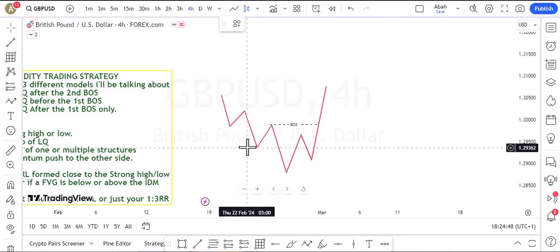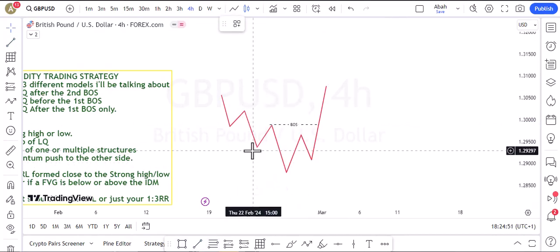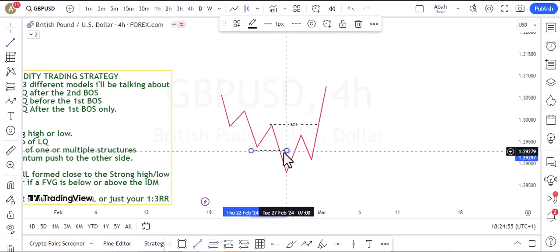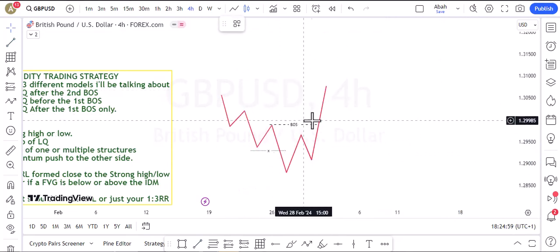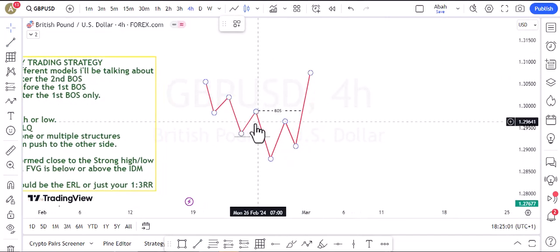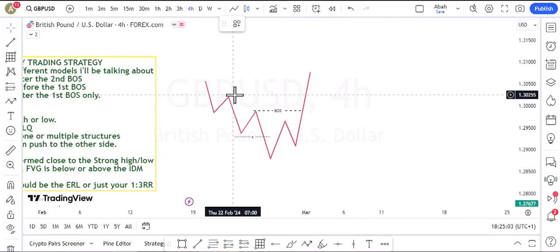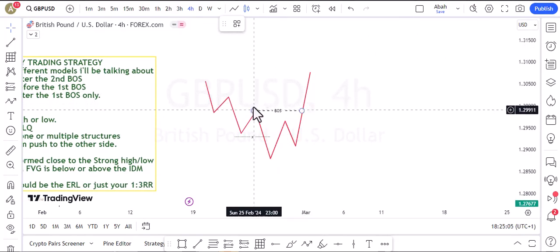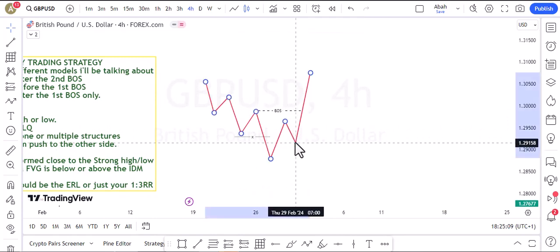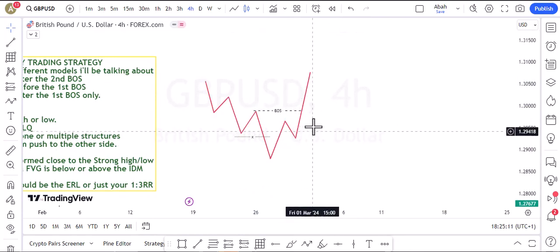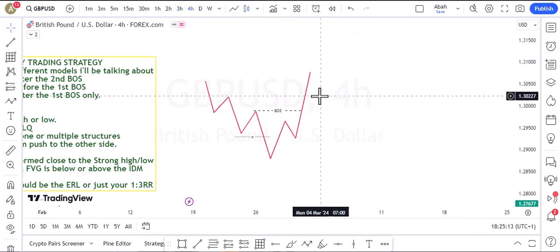and before that we have our sweep of liquidity. So we have our sweep, we have our break of structure here, and we have our sweep. Now before price will break the structure, these multiple structures, price did something like this. Price broke, give us our inducement before breaking structure. Now you will see this happen again and again in the forex market,